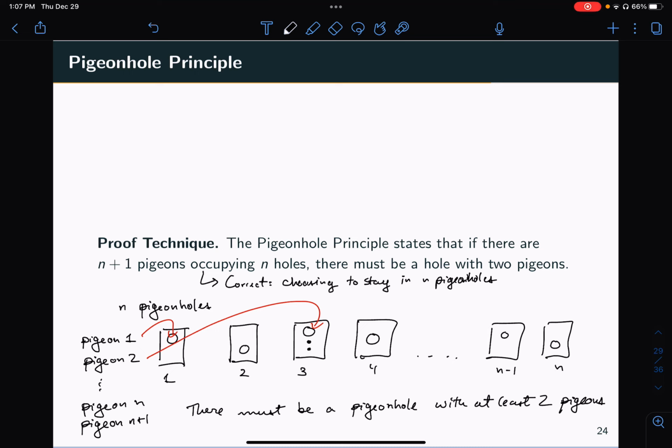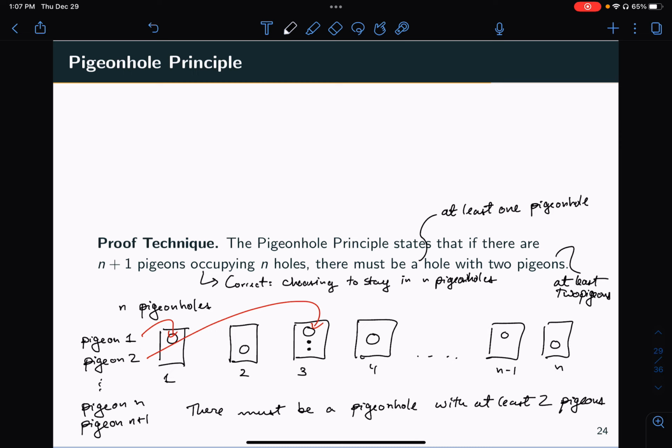So there must be at least one, right? So this is how you read this mathematically. At least one pigeonhole will have at least two pigeons,